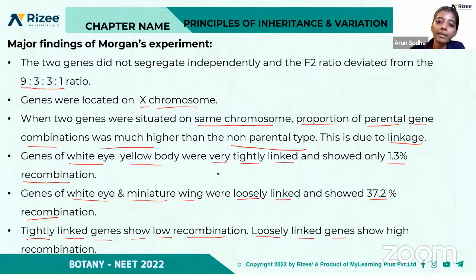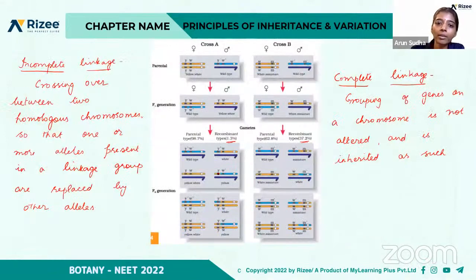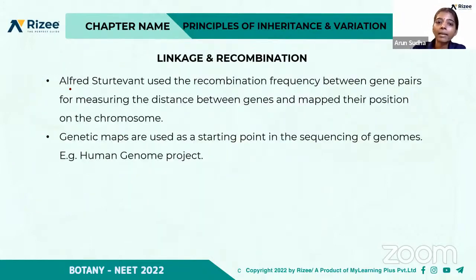So tightly linked genes show low recombination, and loosely linked genes show high recombination. I hope you are clear with this. So this is the complete and incomplete linkage. Then Alfred